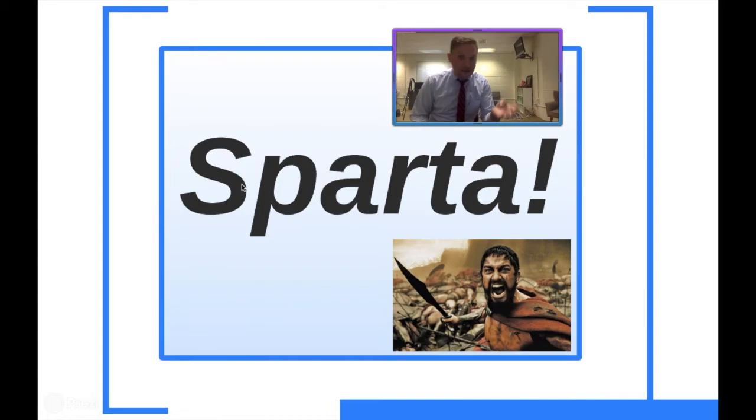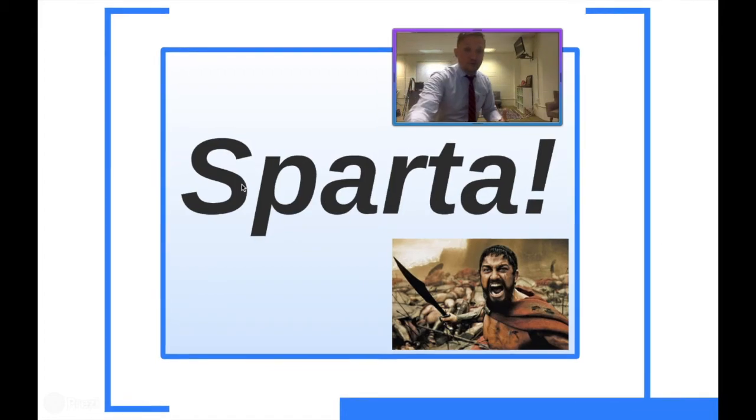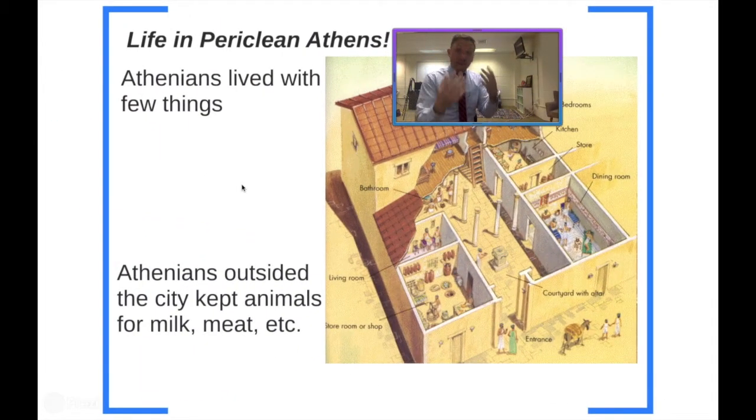Where did he get the money to create new theaters and give those seats away to the poor? From that Delian League, right? He was taking that money in and using it only to benefit the Athenians. He wasn't using it to benefit everybody inside the Delian League as much as he should have. He was using it for the grandeur of Athens, right? So Sparta is becoming more and more furious as the years go on,